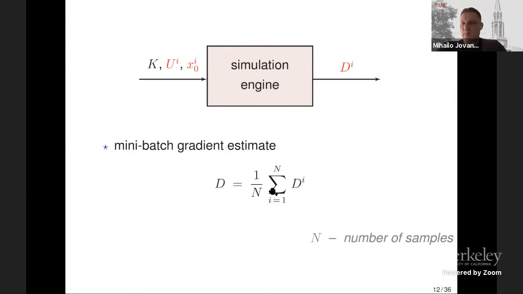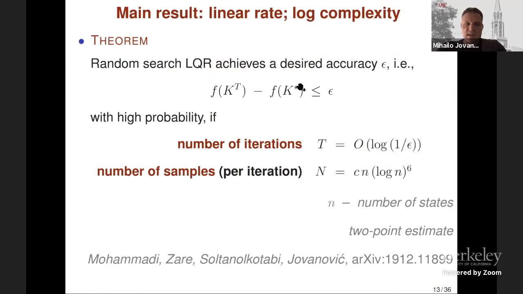So these three parameters essentially determine the sample complexity of your model-free algorithm. And this is probably the most important slide in my talk. It summarizes our main result, in which we established that random search LQR that utilizes 2-point gradient estimate achieves a desired accuracy epsilon with high probability if the number of iterations is of order log of 1 over epsilon. Namely, if the number of iterations is of order that is logarithmic with respect to the reciprocal of the accuracy,